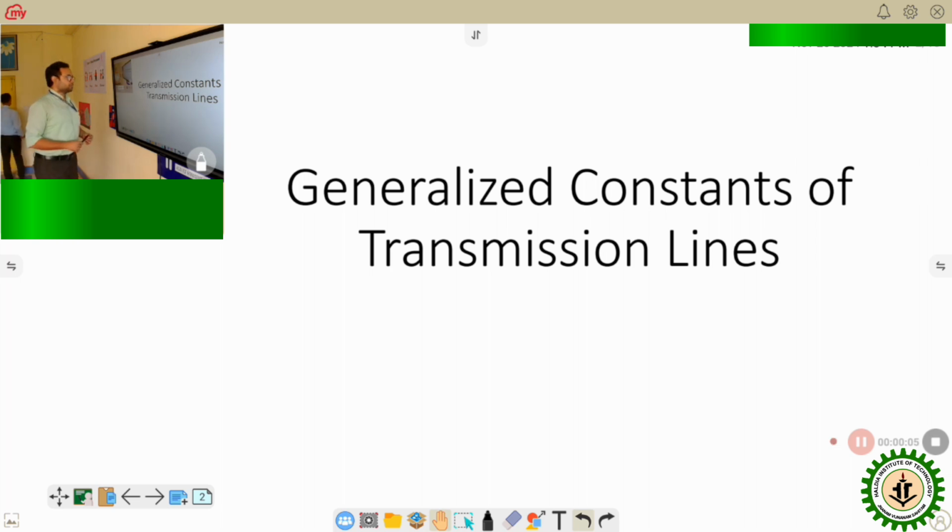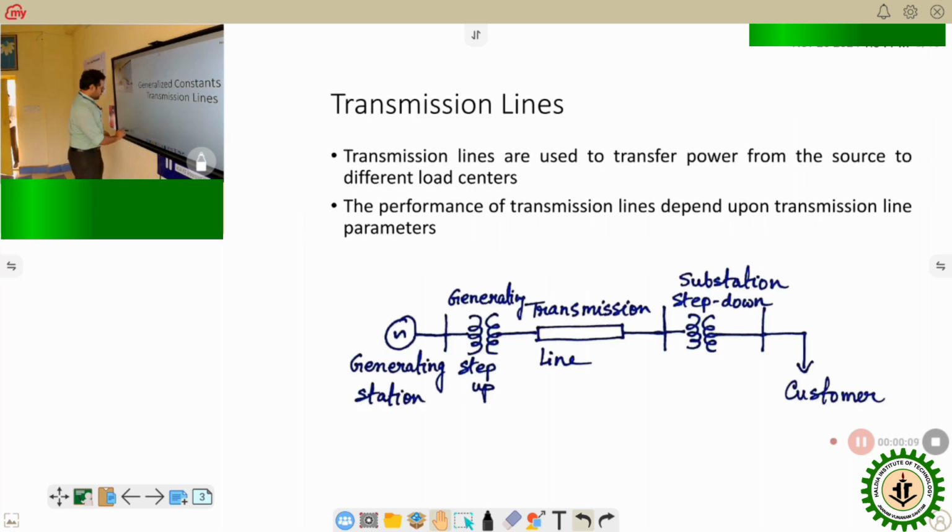Today we will be studying about the generalized constants of transmission line. We know that transmission lines are required to transfer power from one point to another, specifically from the generating station to the consumers. Now here we can see a transmission line single line diagram where you can see that this